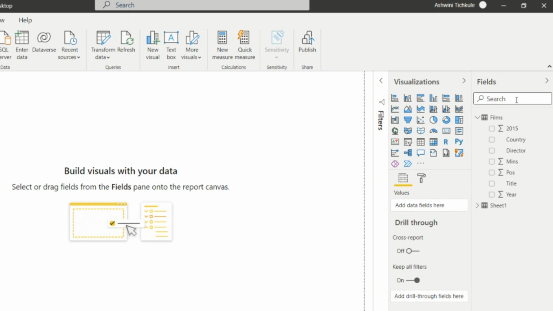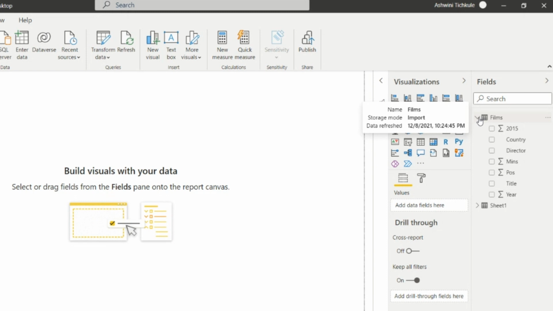In that case we can search directly in the search option. Like if we want the POS field, we search here and get it directly, and then we can use that in the visual. This is so important because data sets are larger than this. I have taken the example of this sheet, so it is negligible.